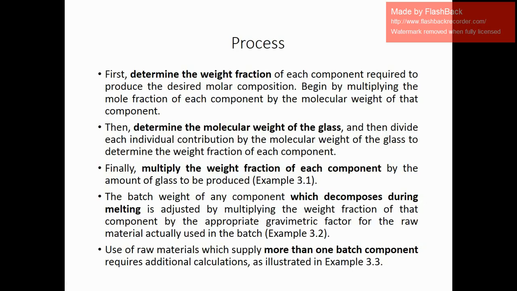And finally, multiply the weight fraction of each component by the amount of glass to be produced. Up to this we have covered in example 3.1. Now another step: the batch weight of any component which decomposes during melting is adjusted by multiplying the weight fraction of that component by the appropriate gravimetric factor for the raw material actually used in the batch,